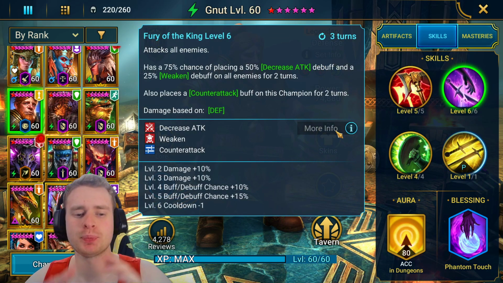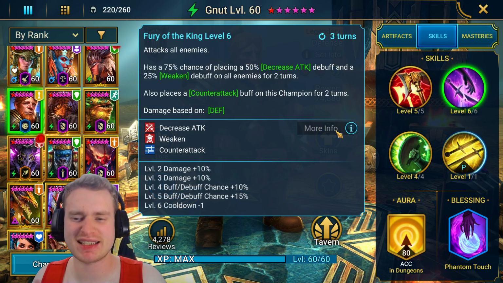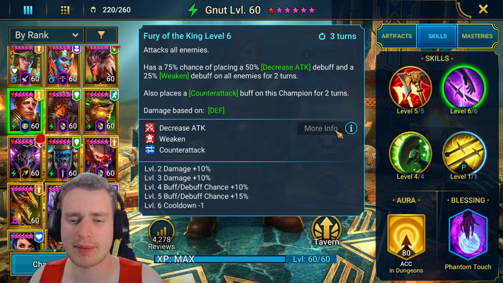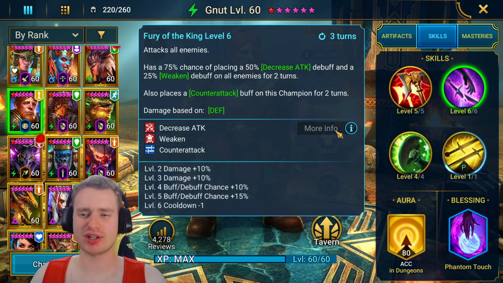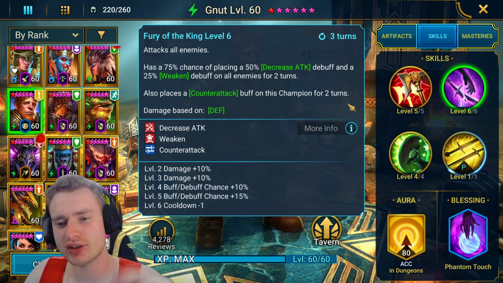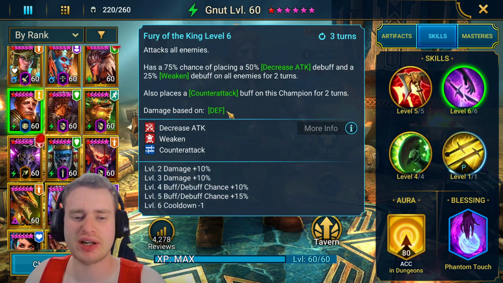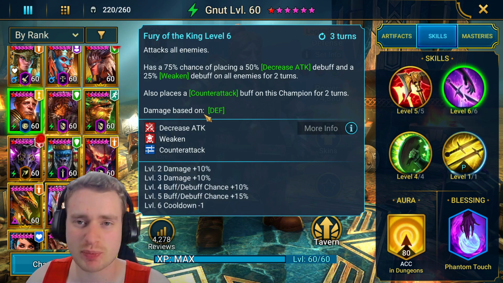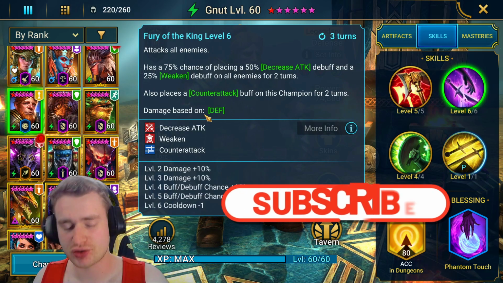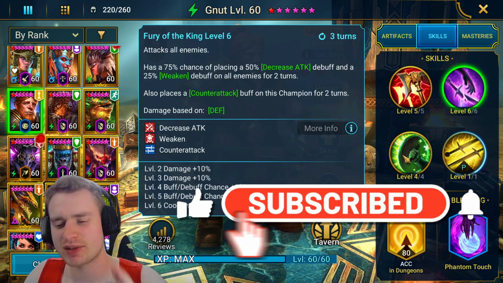We then have an A2, which is an AoE, 100% chance of placing a decrease attack and a weaken, so you're making them do less damage while taking more damage. It also places a counterattack on this champion for 3 turns on a 2-turn cooldown, and if you haven't noticed already, all his damage is based on defense, so he's a tanky little bastard that won't die. He does a crap ton of damage, and we haven't even got to the best part of his kit yet,